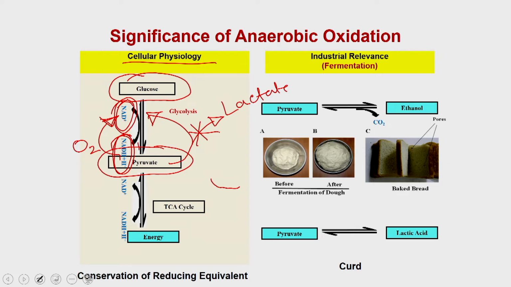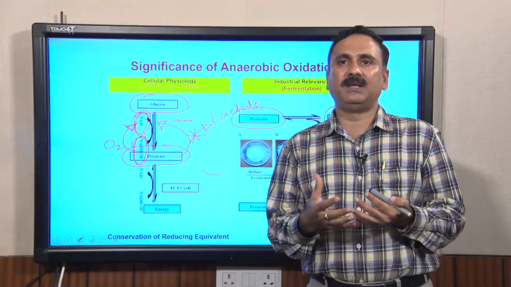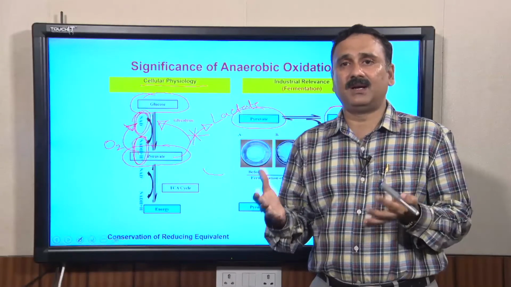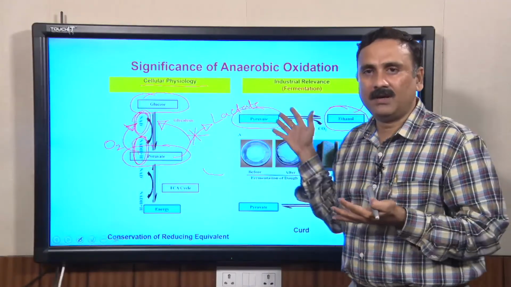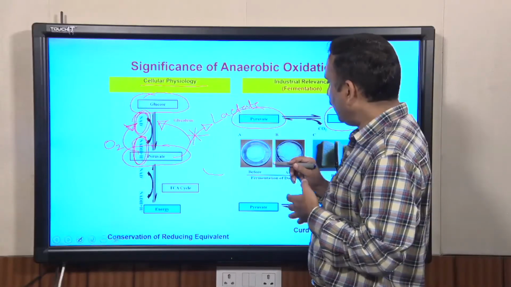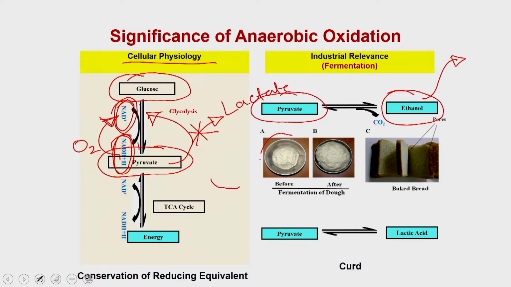What is the industrial relevance? Industrial relevance is that under these conditions, when the pyruvate is converted into ethanol, we are using this for producing alcohol. One of the classical examples is that you can use yeast to run alcohol production, or the other example is fermentation, where you are adding the yeast molecules, and